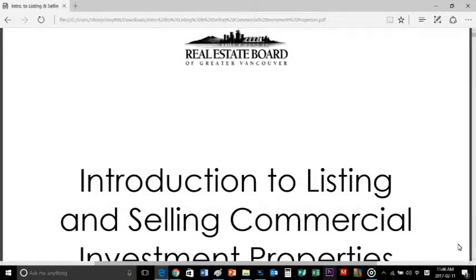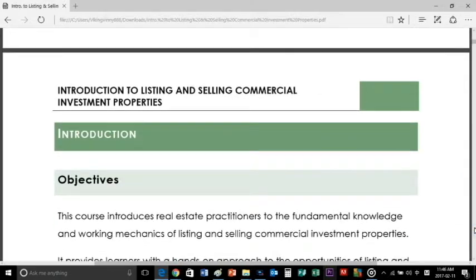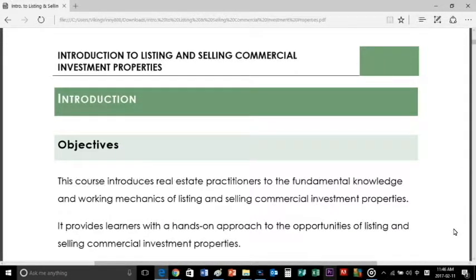Real Estate Board of Greater Vancouver: Introduction to Listing and Selling Commercial Investment Properties. Introduction. Objectives. This course introduces real estate practitioners to the fundamental knowledge and working mechanics of listing and selling commercial